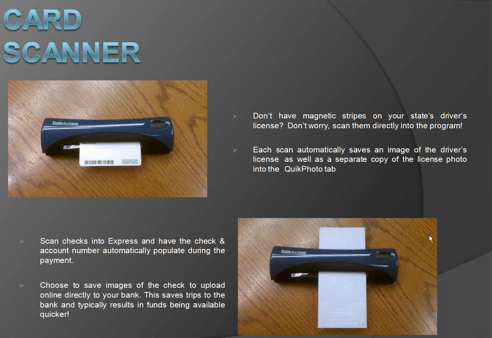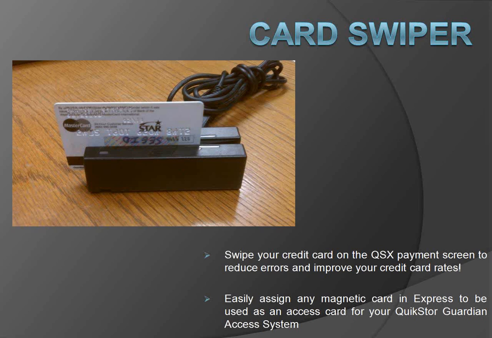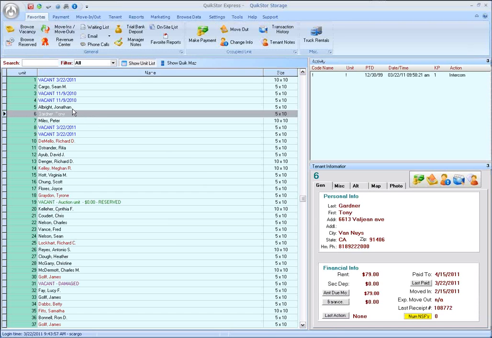So just a couple of the features that are available with this new device. I want to jump right in and show you how it works, but these are the two devices that we're working with. Again, I want to make sure we're clear on the difference between this card scanner, which I will refer to as the scanner, and the card swiper, which I will refer to as the swiper. So we'll get out of this PowerPoint right here and get back over to QuickStore Express, which is something